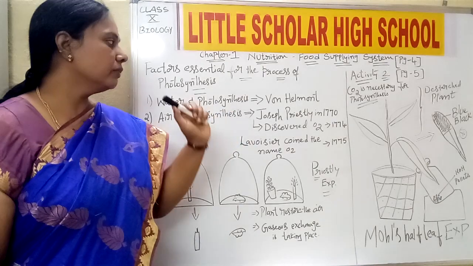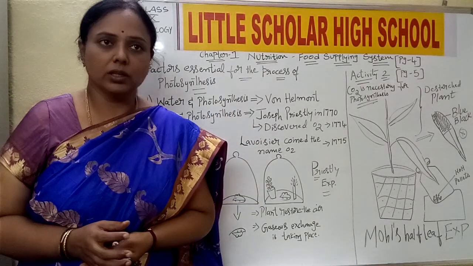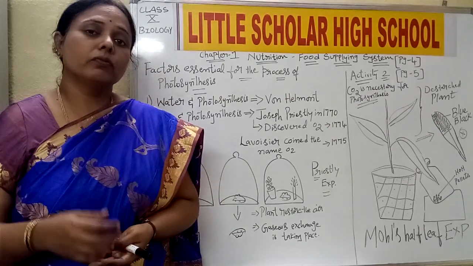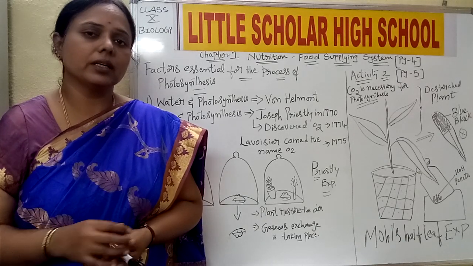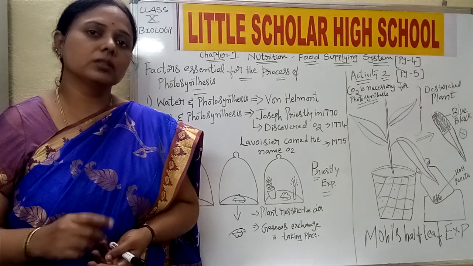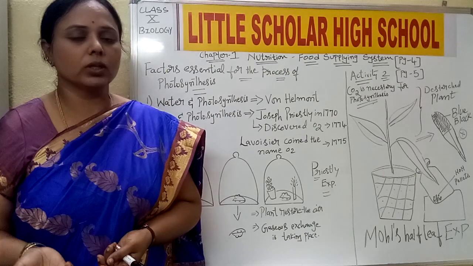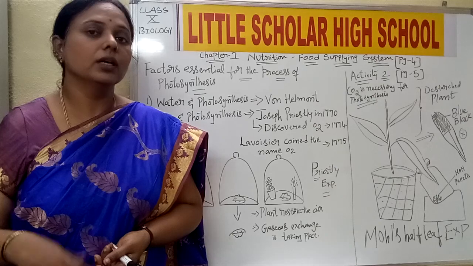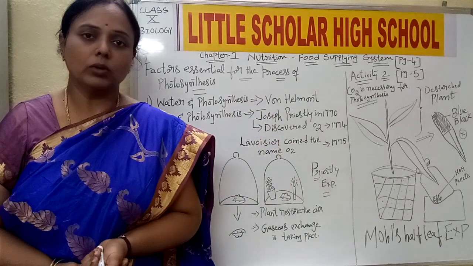Now, water and photosynthesis. See children, let us make one thing clear: many experiments were going on to find out the process of photosynthesis, but none of the scientists had a clear idea about it. Only after working for some hundreds of years did they come to a conclusion about photosynthesis and exactly how the process takes place. So in that process, one of the experiments was conducted by van Helmont, which I have